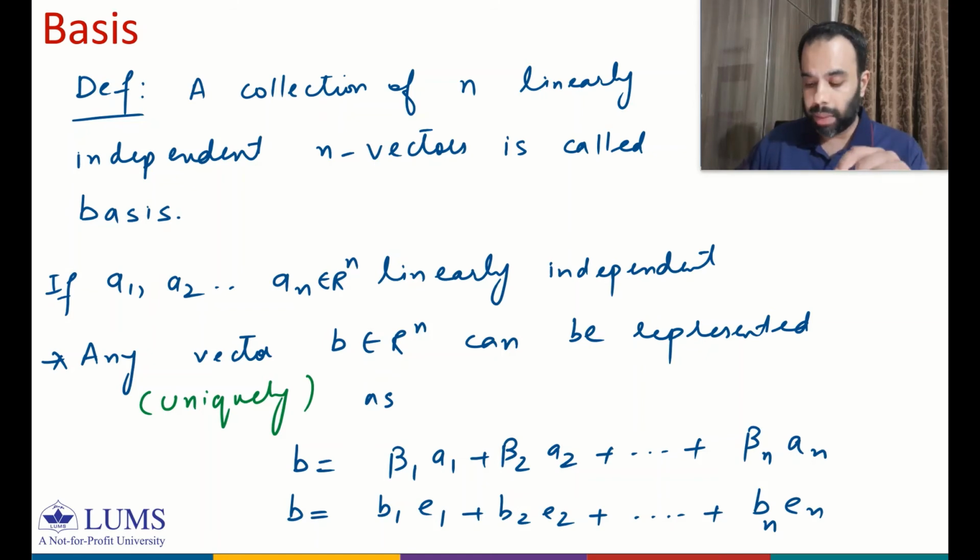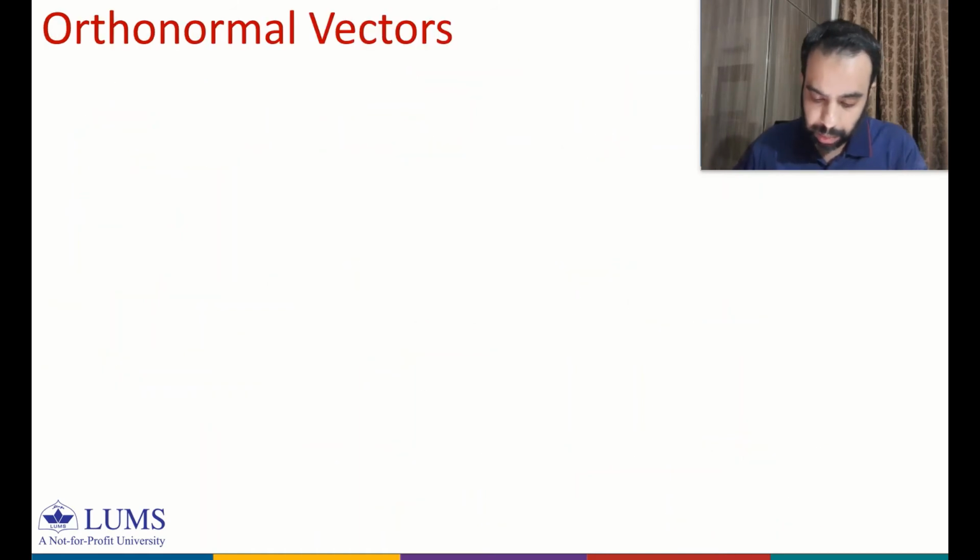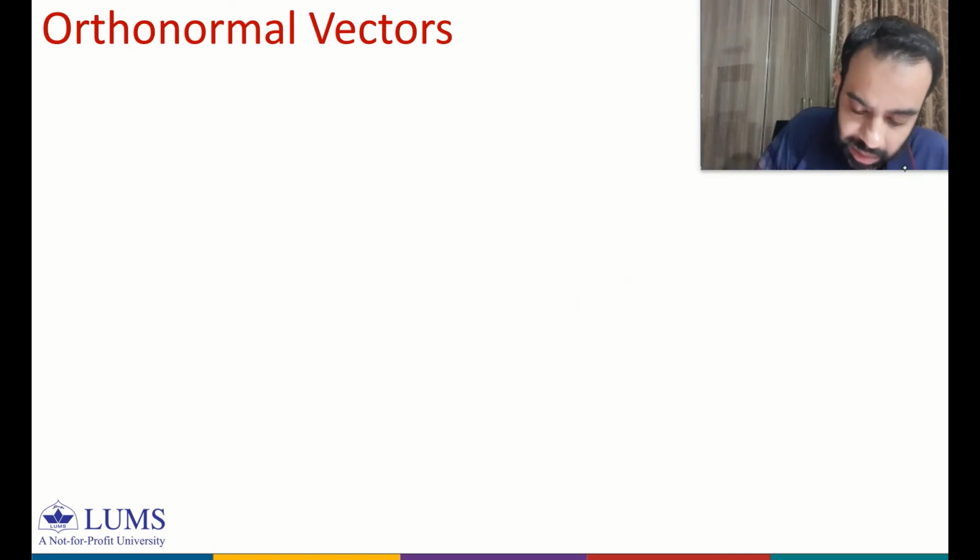So this finding of these coefficients can be simplified if we choose bases with some nice properties, and among those properties, one of the properties is the orthogonality of the basis functions, or if we choose the basis functions to be orthonormal. Let's talk about the concept of orthogonality and orthonormality. So we begin with defining what we mean by orthogonality